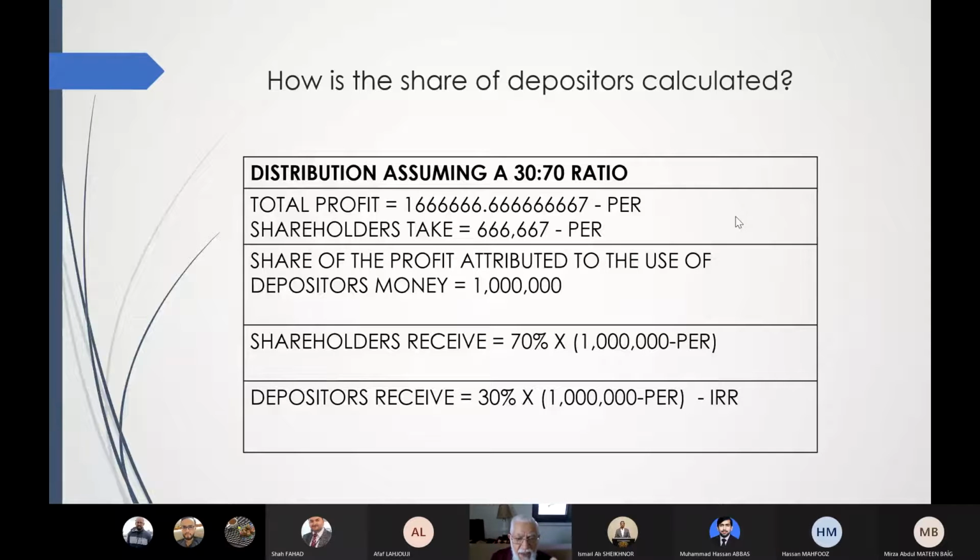What Mateen is saying, if you apply it to this example, is that the PER is taken only from the 1 million, not from the 1.6 million, because in this example we assumed 60-40 shareholders and depositors. So it is taken from the 1 million only, not from the total 1.6 million. Yes. Okay. If it is taken from the 1 million only, well, this is the application of